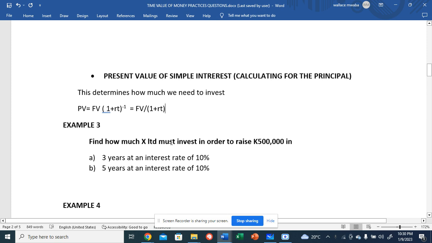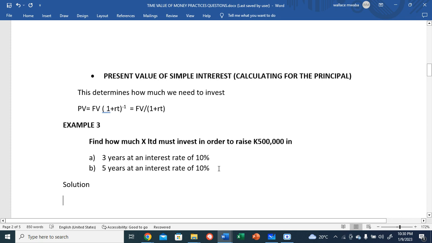So how much must X Limited invest in order to raise 500,000 in 3 years at an interest rate of 10%, and in 5 years at an interest rate of 10%? So basically, we just want to know the initial amount they should invest or lend to someone at a certain interest rate at a specified time to get 500,000. Right. So present value